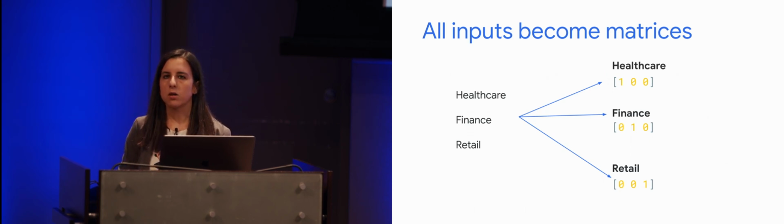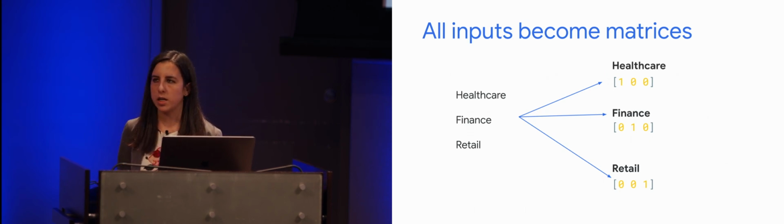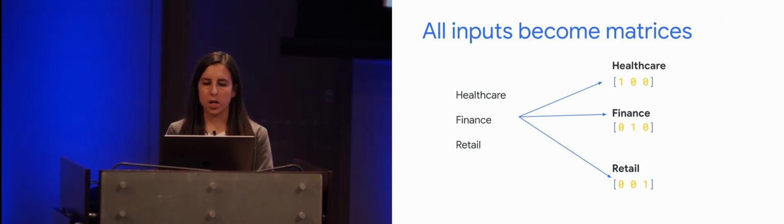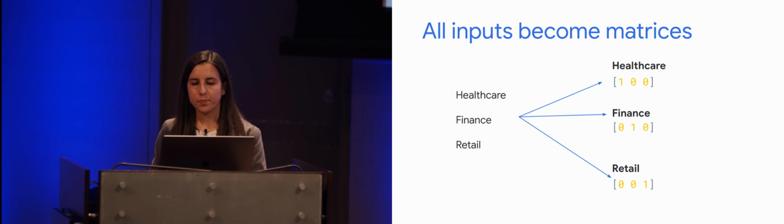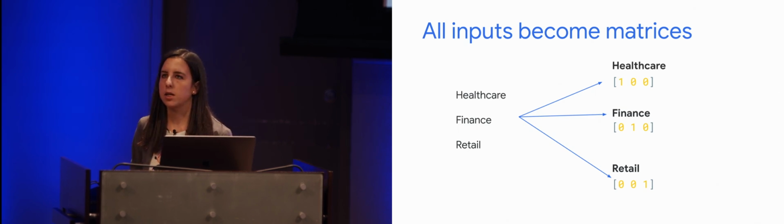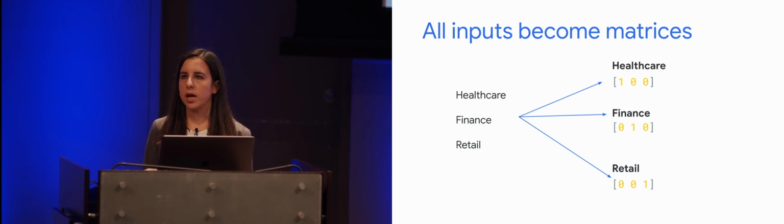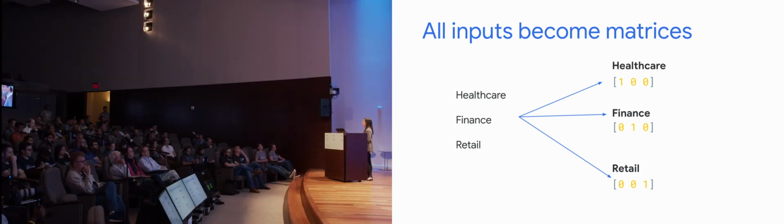Let's say we have categorical data. Maybe one column in our data set is the industry that a particular person works in. To keep it simple, let's say there's only 3: healthcare, finance, and retail. The way we represent this is through what's called one-hot encoding, where you take an array, and the number of elements will be equal to the number of possible values. All of the values will be 0, except for 1, and the index of that 1